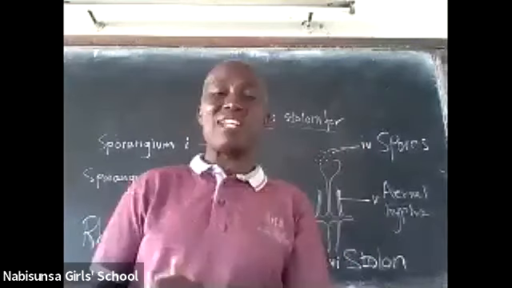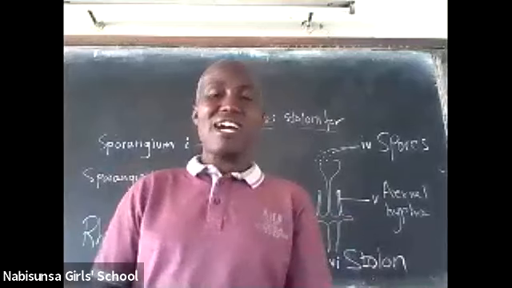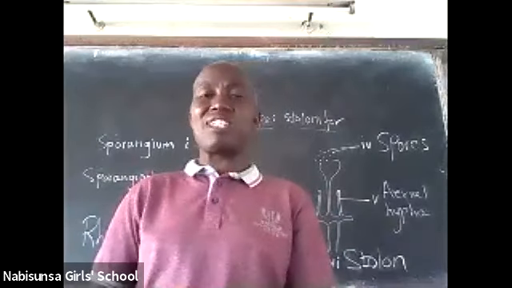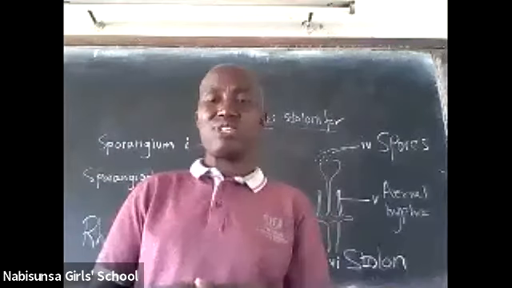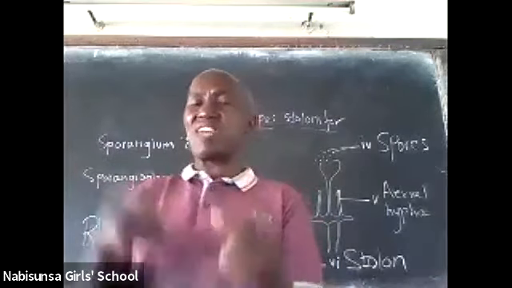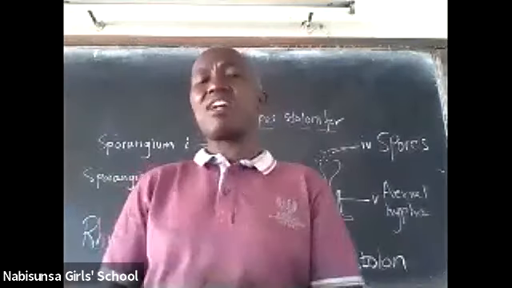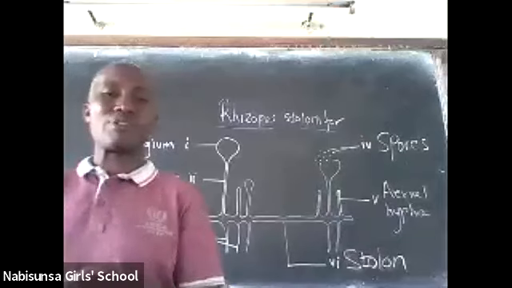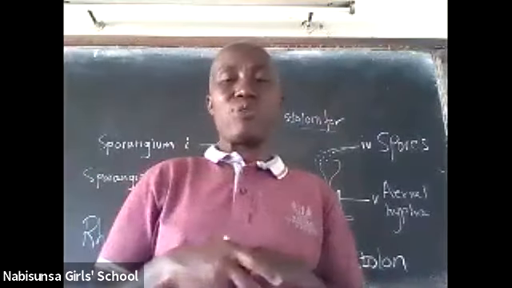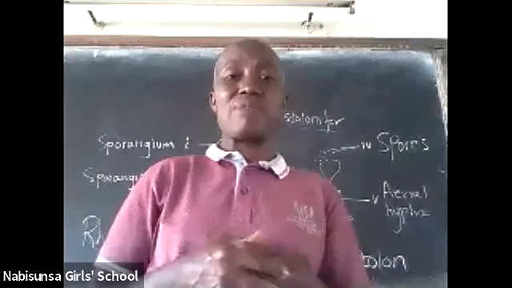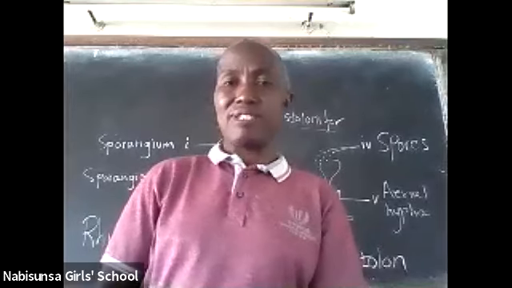You'll find many of them landing on, say, the tables and the tarmac, and many of those places that you can think of that do not provide suitable conditions. So to increase the chances of at least a few of them landing onto suitable ground, this organism produces very many spores. And so we are saying the sporangium is actually a large case which contains the spores.